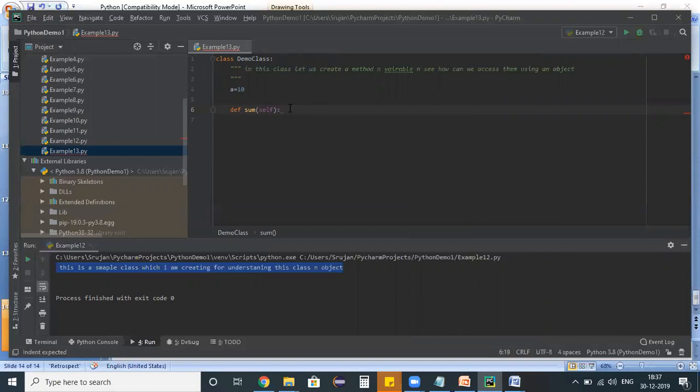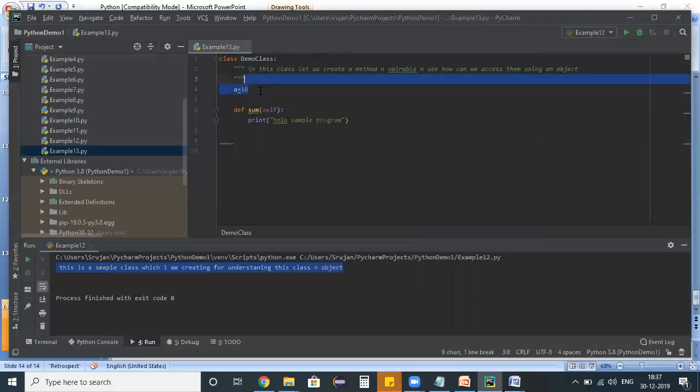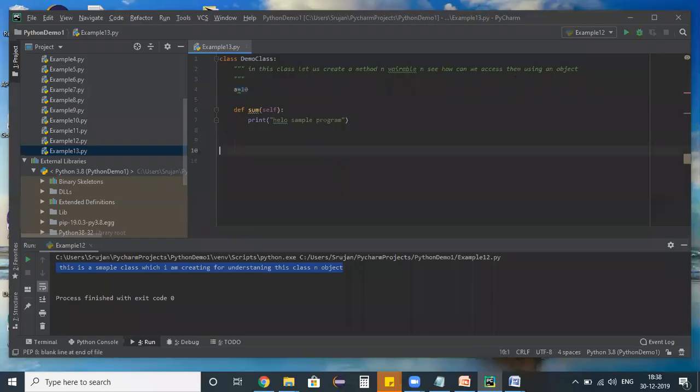I don't know what exactly self is for now, but I'm just leaving it and I am printing hello sample program. Okay, good enough. So I created a class, and it has a method along with this variable. Right, guys? So let us see how to create an object.